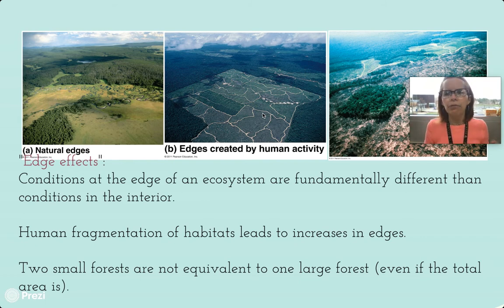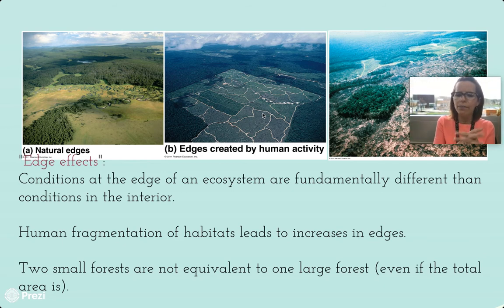I'll give you a quick example without going into many details, but Minnesota deer carry with them certain parasites that profoundly affect our moose population. Because of edge effects along highways, deer have been moving in their habitat throughout Minnesota. They didn't used to be near moose, and now they live in similar areas to the moose. So there's profound concern that the deer traveling through edge effects, through human-created ecosystems, are now interacting with moose and causing moose to decline. I'm not going to go into any more details on that.